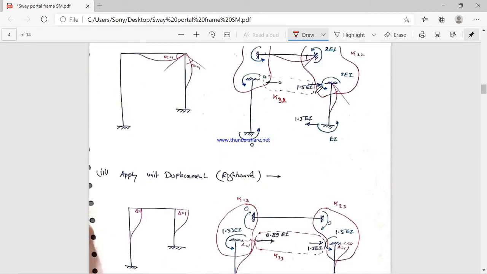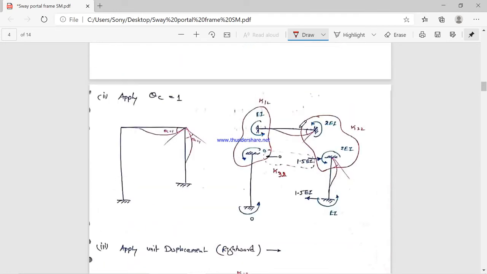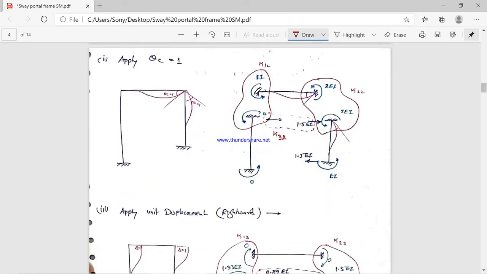So when we apply the value 2 here, it will be 6EI by L square, so 6 divided by 2 square, it will give 1.5, here also 1.5. Okay, so like that we have to solve this. And here also we are applying the formulation of theta C equal to 1 at joint C. So therefore the formula is applicable to joint C only. Here also we are applying the forces, but here the effect is 0. We are not using any formula here, because the effect of the rotation is at joint C only.